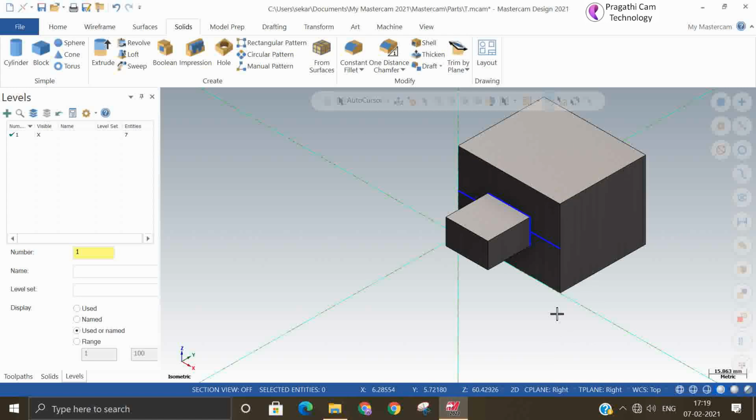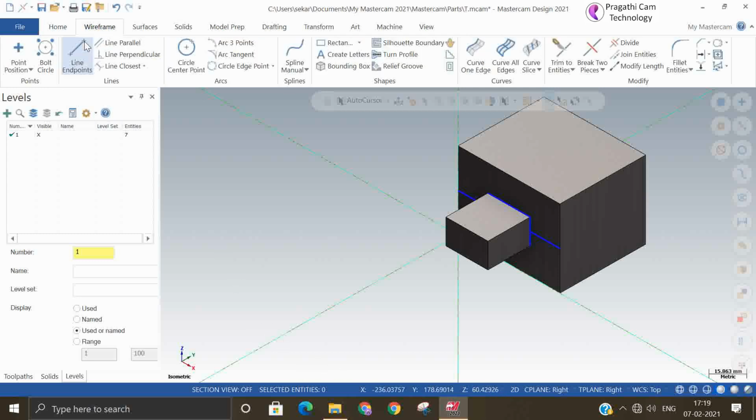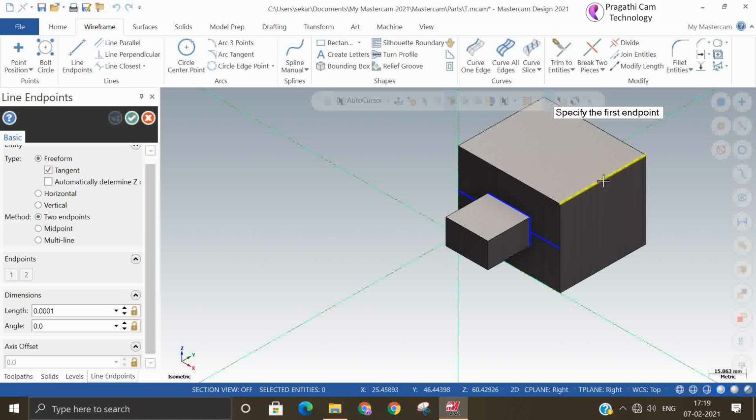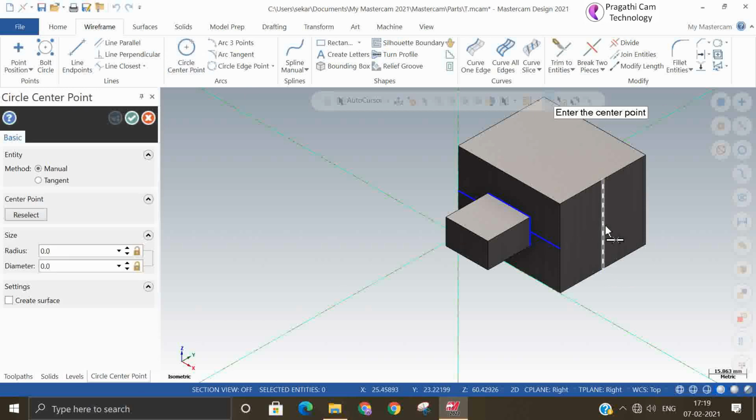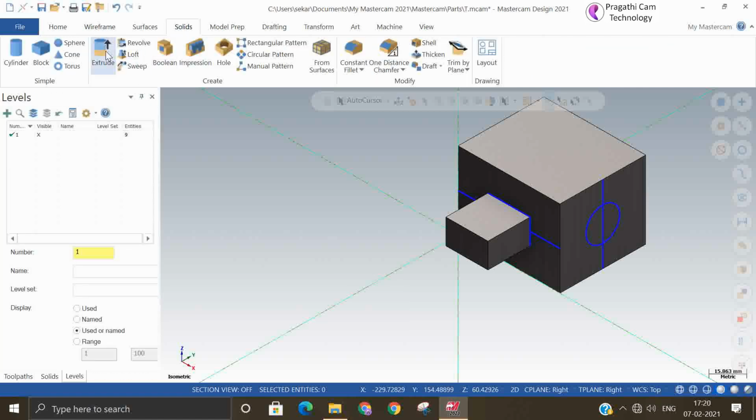Otherwise you can select, and if you select, the data is automatically inputted. Now I will draw one center line here, because I need it on the center. I made it diameter 10 now. Solid extrude this.